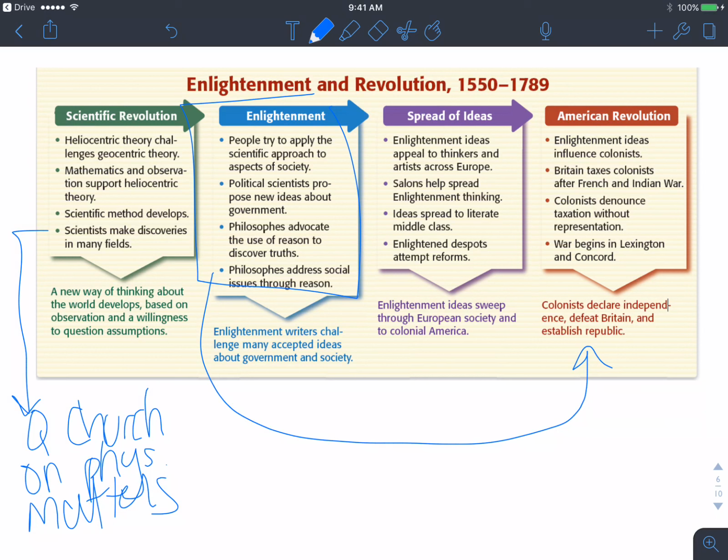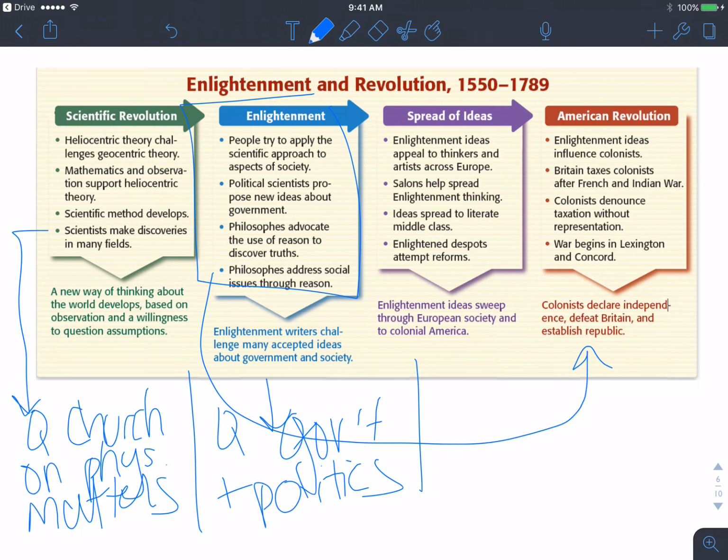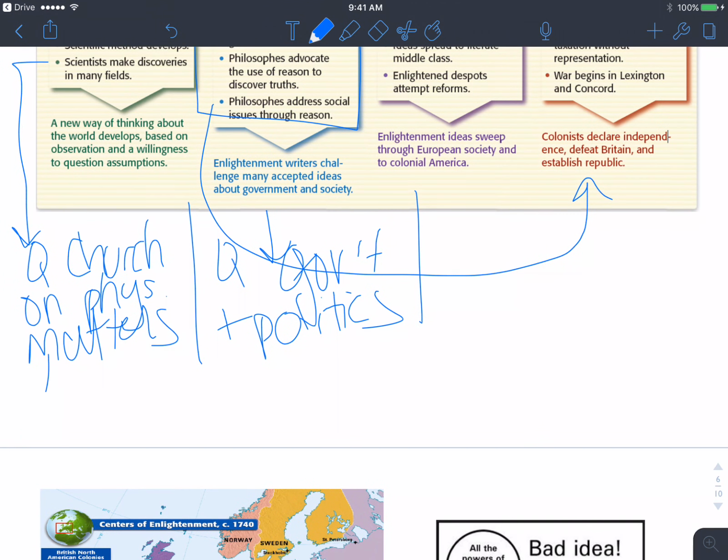Prior to that, the church would say that the sun revolved around Earth, primarily not based on science or reason or logic, but because they felt that since God created Earth, we must be the most important beings, and therefore everything revolves around us. Now, these ideas are going to influence the Enlightenment, and here they're going to be a little different. Here they're going to question government and politics. Don't forget, we had absolute monarchs during this time. So if we add a little bit to the bottom, this is during absolutism.